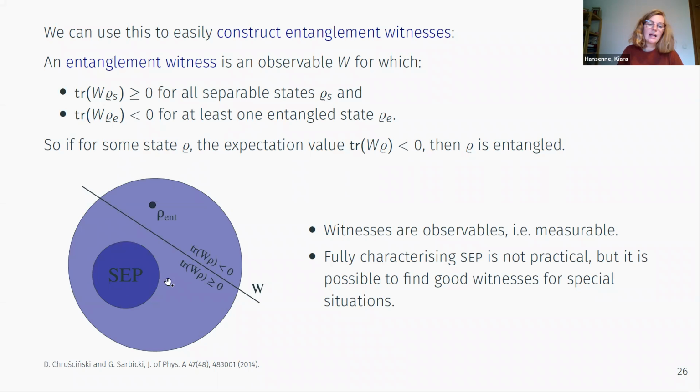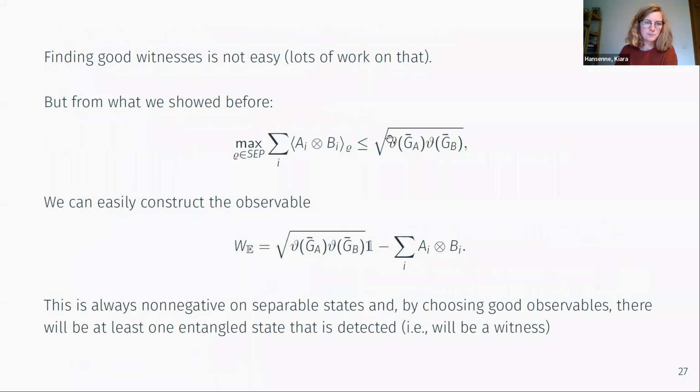And why witnesses are nice in general in entanglement detection? Well, first, it's because they are observable, meaning you can actually measure them if you want. So if you have a lab and so on, you can measure the witness as an observable. And characterizing the set of separable states is a very difficult task in general, but if you use some smart entanglement witnesses, you can detect some nice entangled states. So this is something nice to have, and now using our result, we will be able to construct them.